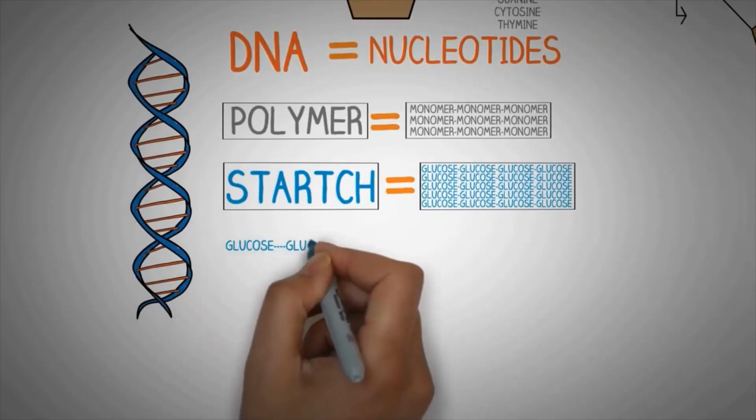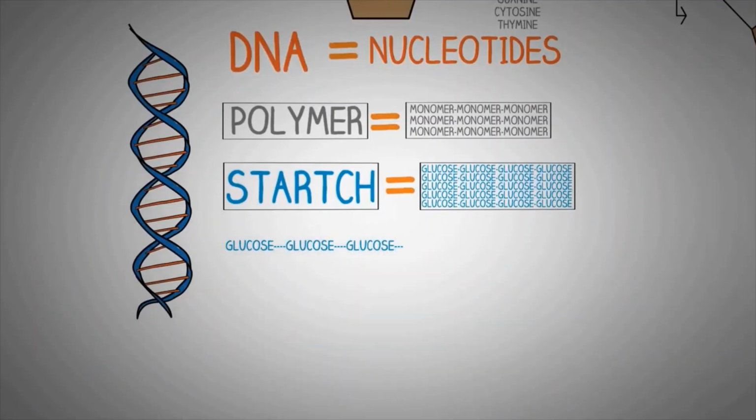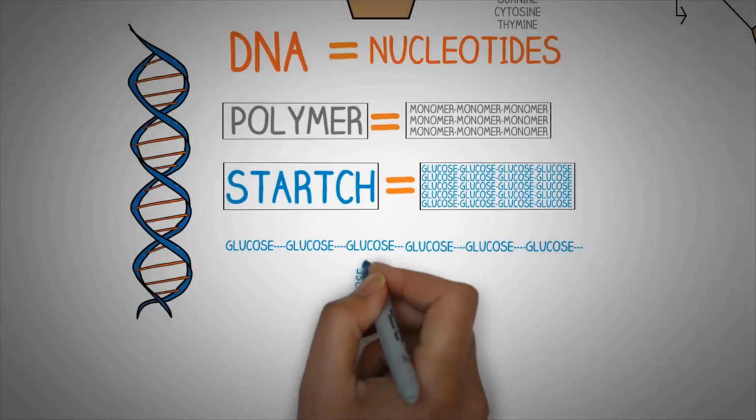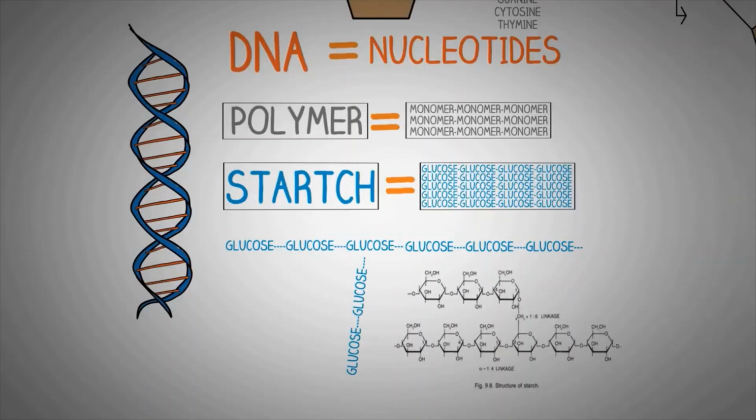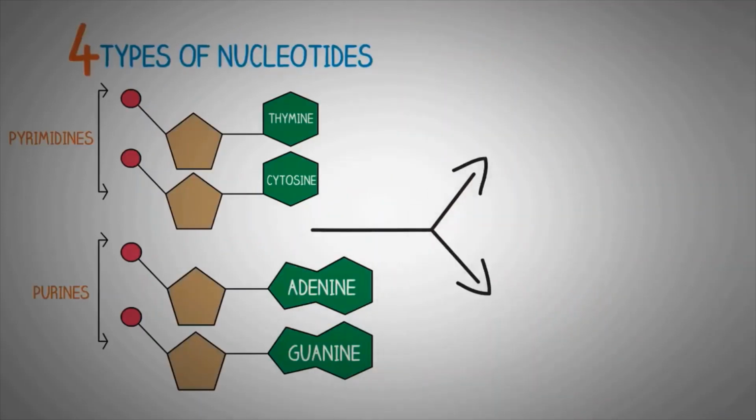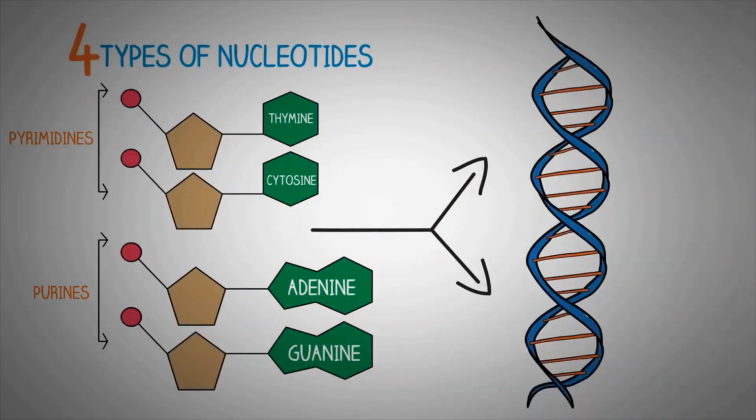Now, in case of starch, the structure is pretty simple, which only consists of long linear chains of glucose or either branched chains which are joined together by glycosidic bonds. This is the chemical structure of the starch, and you can see the different types of glucose chains. But in case of DNA, the 4 types of nucleotides join together in a very complex way to form the